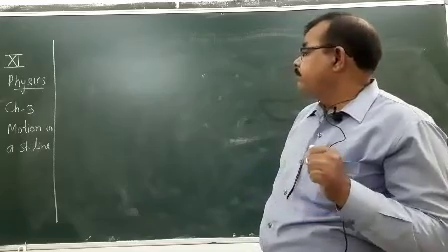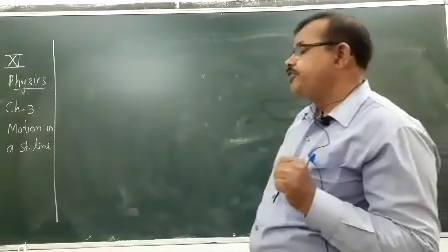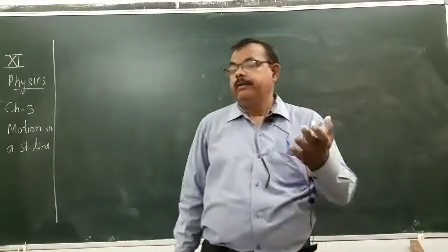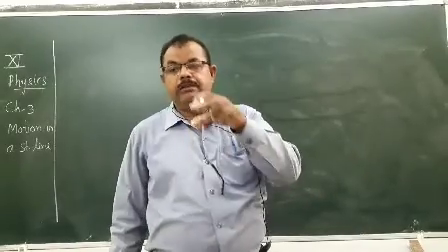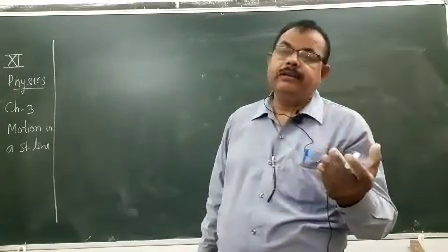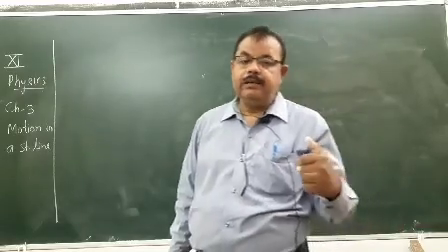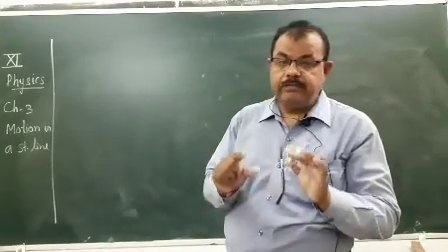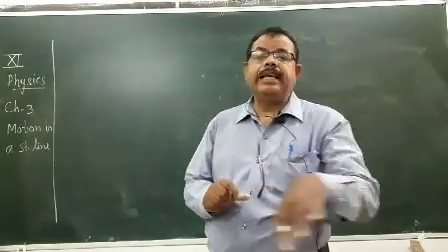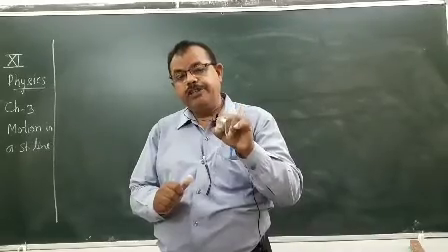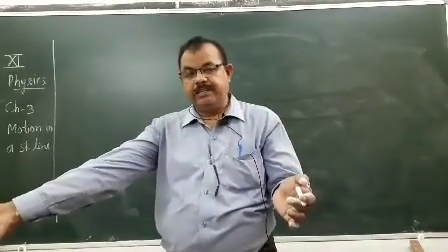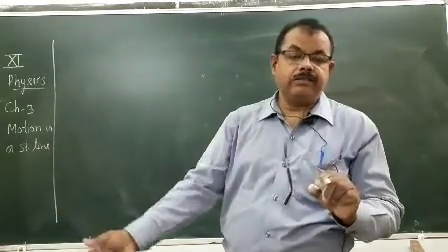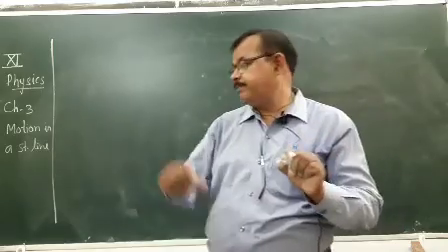Here I am taking the term relative velocity. Relative velocity means suppose two objects A and B are both moving with some velocity. The velocity of the first object is VA and the second is VB, moving in the same direction. Then what will be the velocity of the first object with respect to the second object? That is called the relative velocity of one with respect to the second.